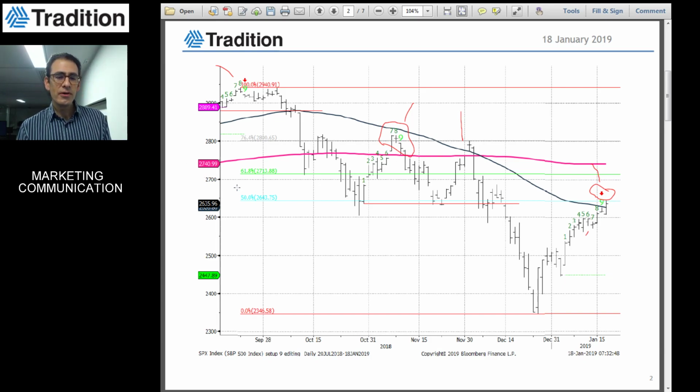The last point is this Fibonacci resistance. These are the Fibonacci retracements from the Q4 decline. As you can see here, in a bit more than 2 weeks the S&P has retraced half of its Q4 decline. It's a huge retracement, 50% is big, and what is quite impressive is that it was done in a very short time. So overall, net-net, in terms of timing and strength, the recovery is very strong.